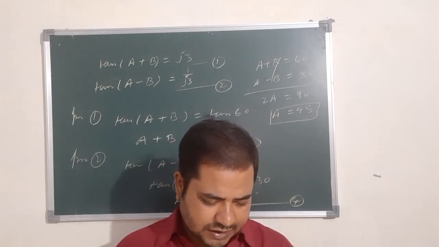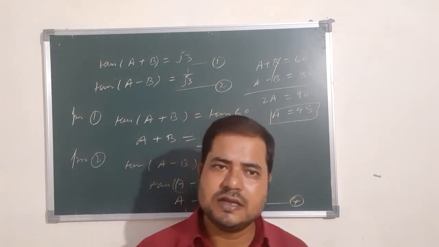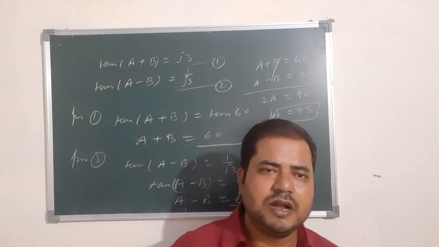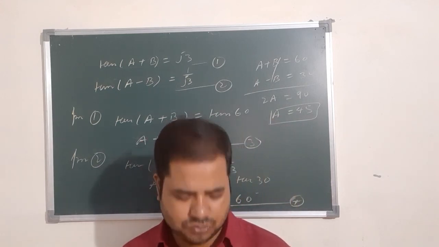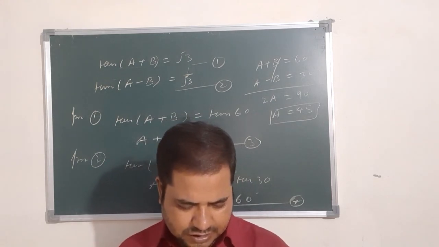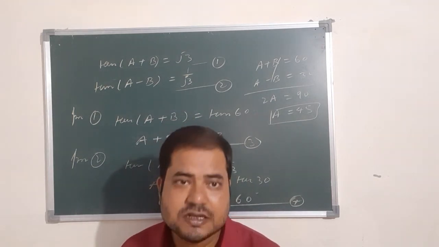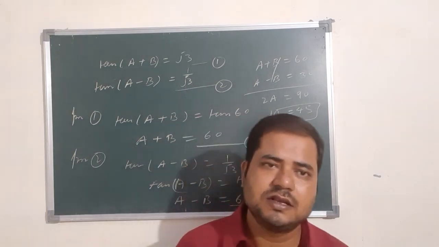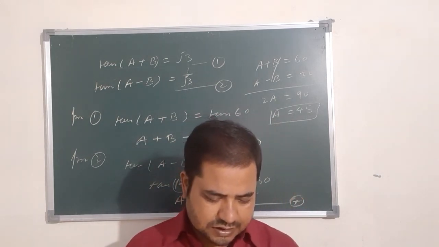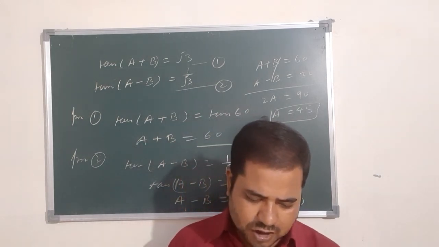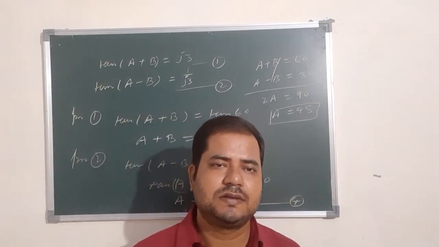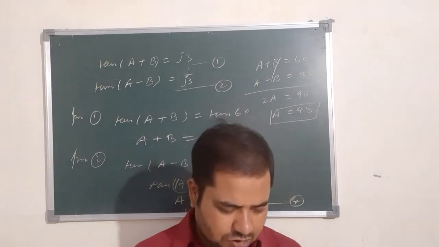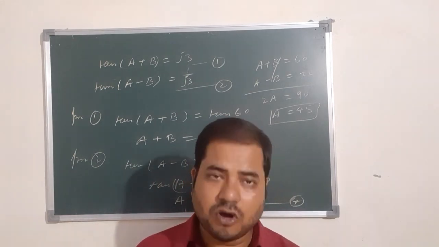The value of sin theta increases as theta increases. Yes, this is true, because from 0 to 90, sin 0 is 0, sin 30 is something, and so on. The value of cos theta increases as theta increases. This is wrong, because cos theta decreases as theta increases. Sin theta is equal to cos theta for all values of theta. We cannot say simply sin theta is equal to cos theta. This is not true for all values of theta.